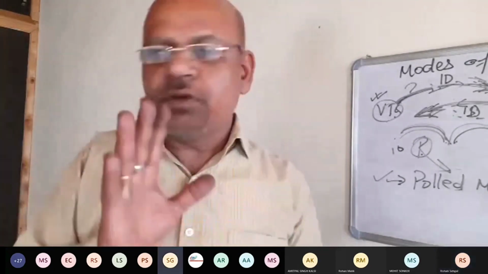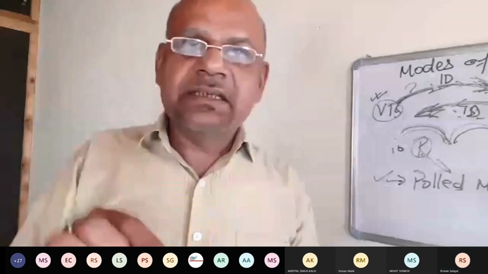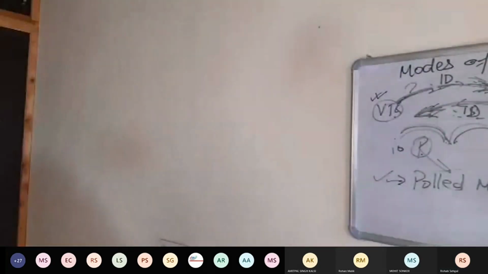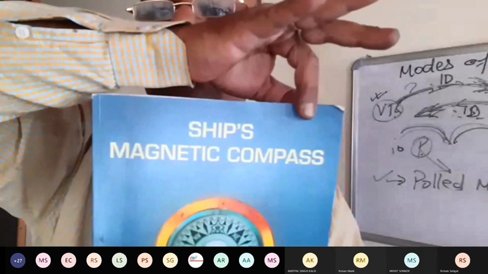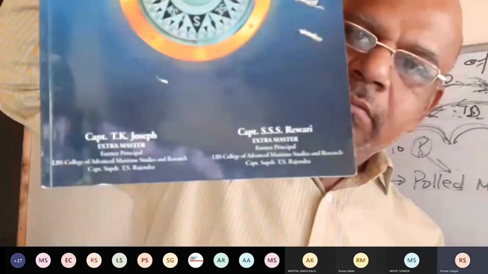सर ये ईमेल आईडी पे भेजोगे आप? What you need to obtain is the magnetic compass book. This is what you need to find out. सर किसकी है सर ये? ये कैप्टन तिवारी की है। ओके सर, कैप्टन तिवारी।